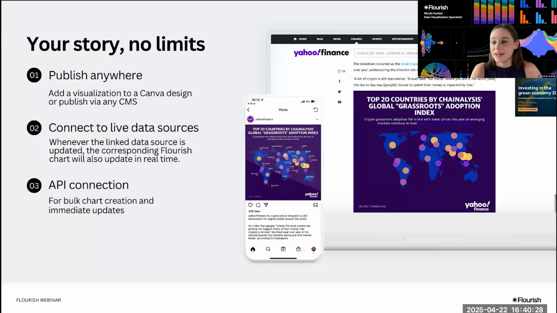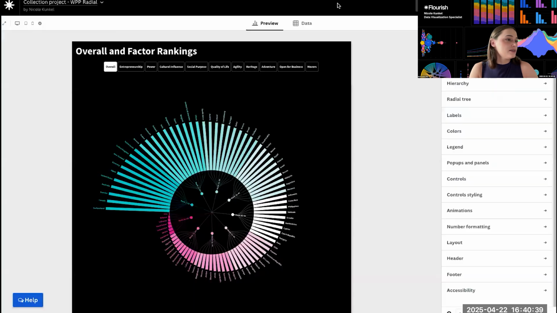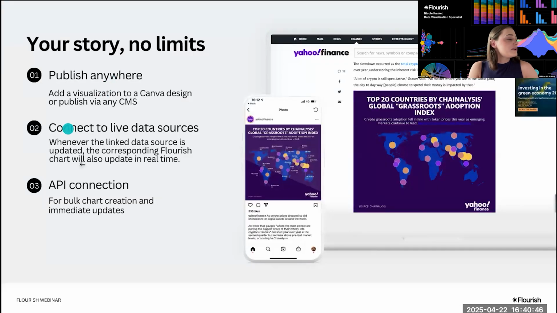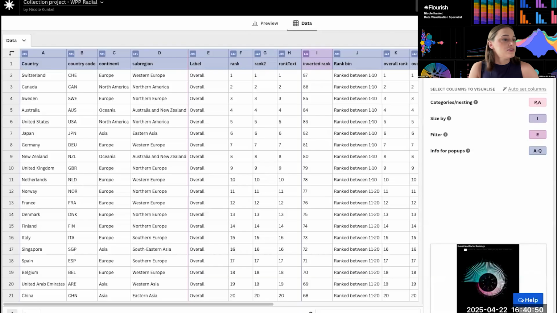Just to speak to, again, different ways that we can share our charts once we've created these beautiful visualizations. I've shown you all how we can publish with one click up here with the export and publish option. But Flourish also allows you to connect to live data sources as a paid customer.